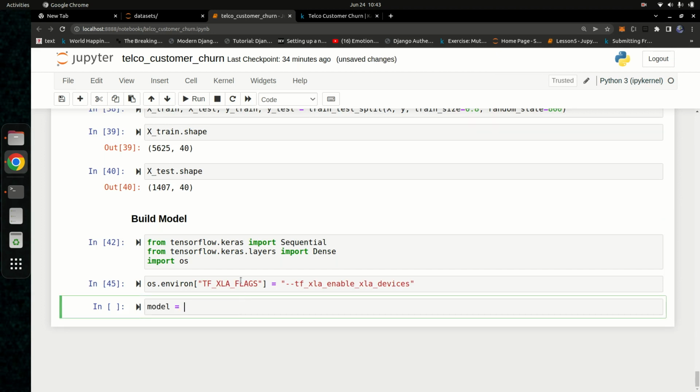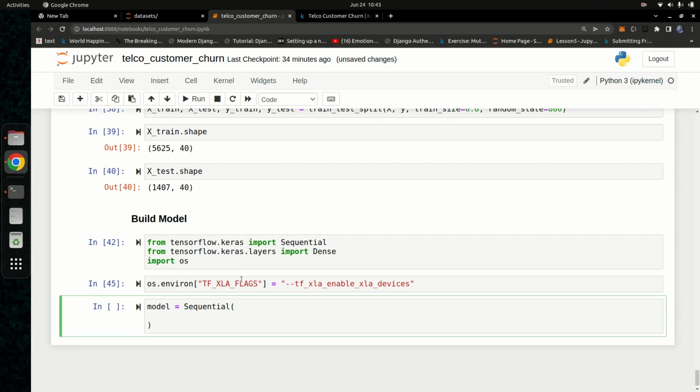We're going to use a sequential model. So I'm going to say sequential, and then I'm going to create a sequential model here. So once I have that created, I'm going to go ahead and add in the following layer. So I'm going to add a dense layer, and a dense layer is going to be having how many